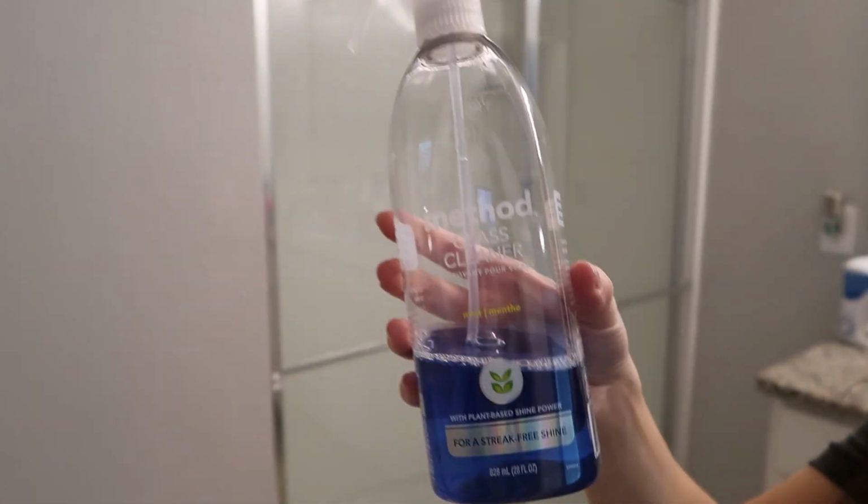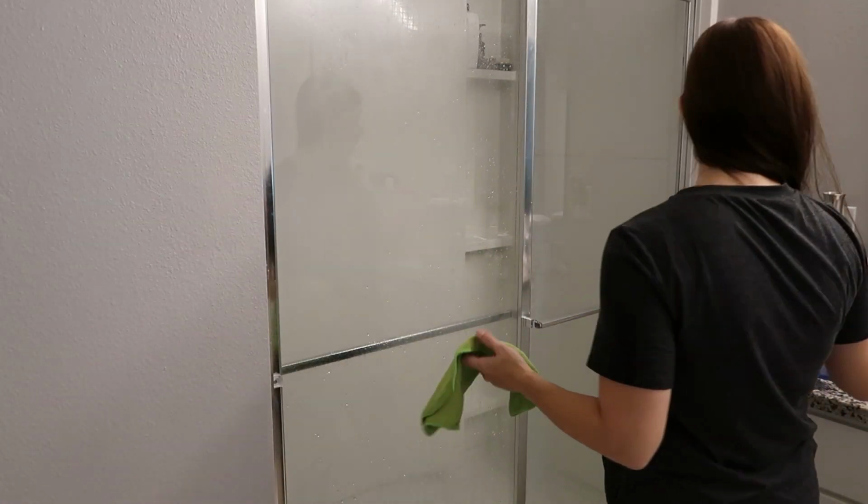While putting the bottles away, I bumped the water, so yeah, rocking the wet shirt. Oh well. And I'm gonna do the glass in here, the shower doors and the mirror with the Method Glass